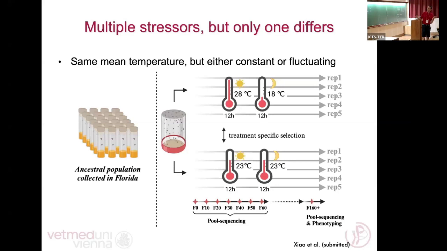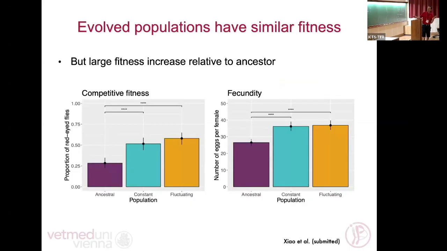Where do I have it now? Sorry, this is the constant environment, so you should expect that the fluctuating ones should be worse, because they're not adapted to this. This is not the home environment. This is swapped. Yeah, but it's not significant anyway. They're the same. And if you do it in the fluctuating environment, yes, they're slightly better there. But this is what you would expect. Of course, you're right. This is only one measure of a whatever high level, super high level. But